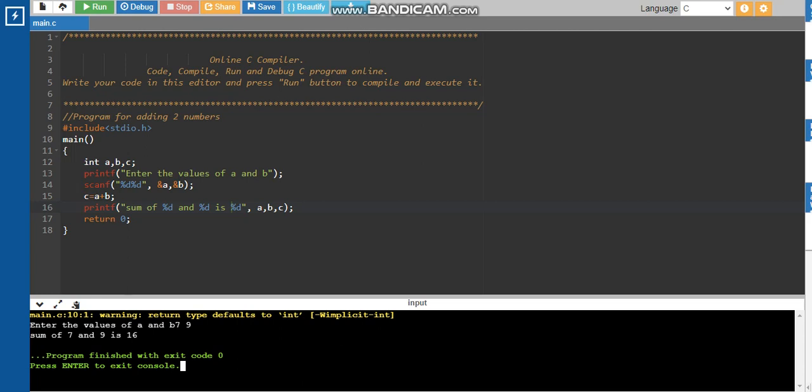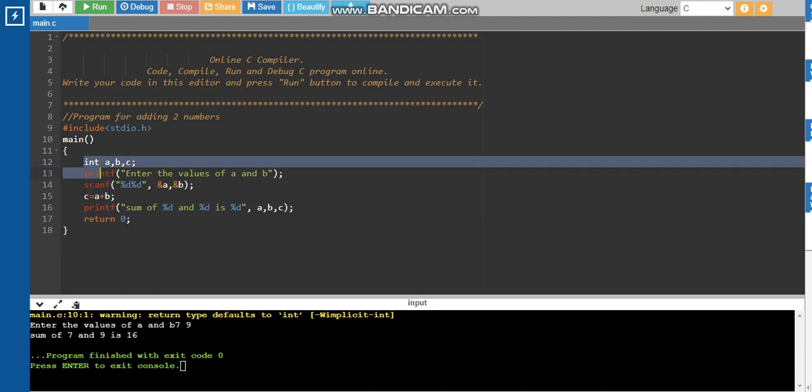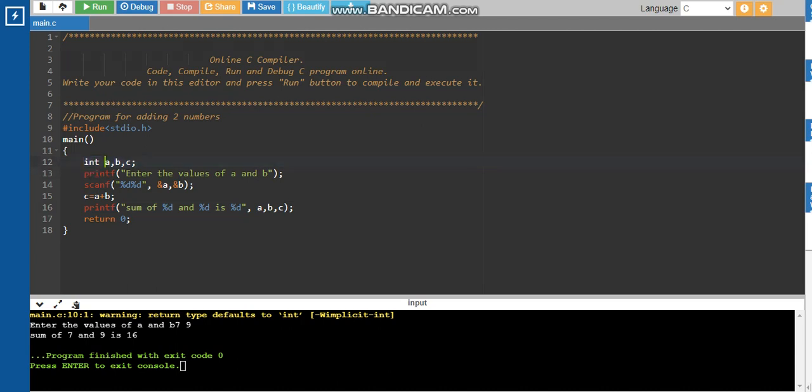So this is how you can go on writing the programs. Let us write another program to check whether a given number is even or odd. Over here I will make the changes. I will delete all these things. Okay, save it first.